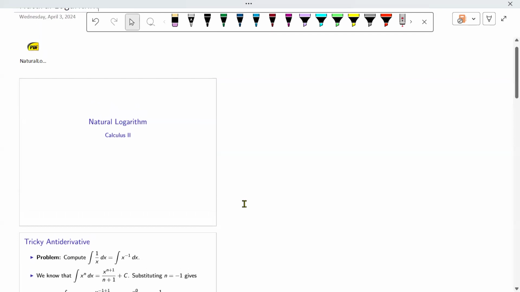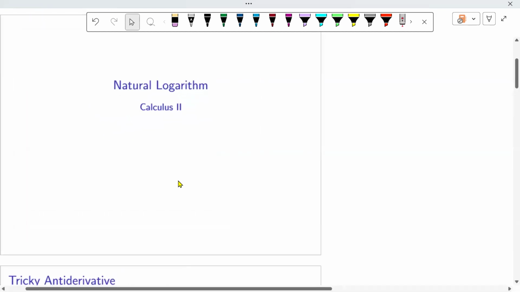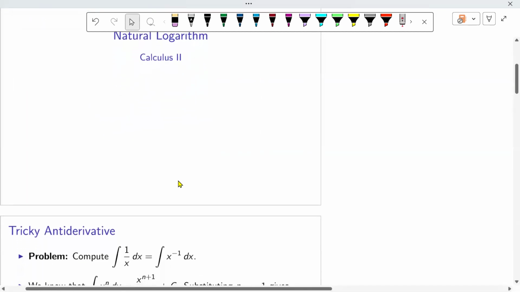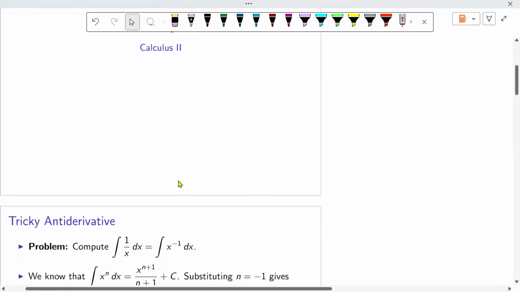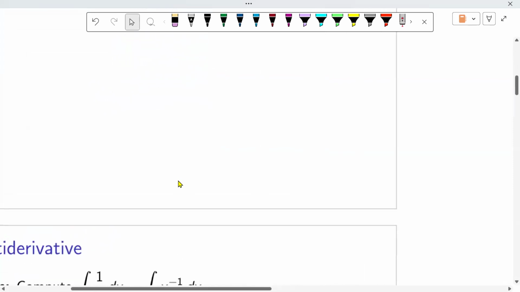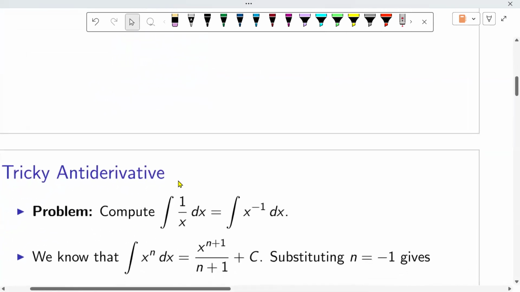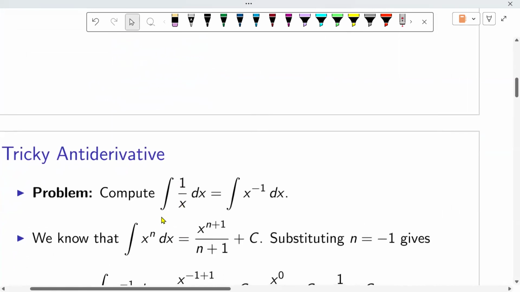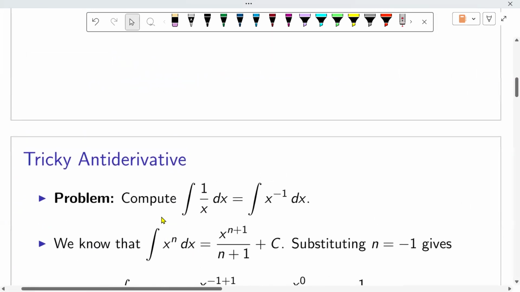And so today we're going to learn a new function. You may have seen it before. You may have seen this if you had a certain type of pre-calculus class before this one, but I don't expect you to have seen it. And so here's the problem that sort of shows why we need another function in mathematics besides just the ones we already know.